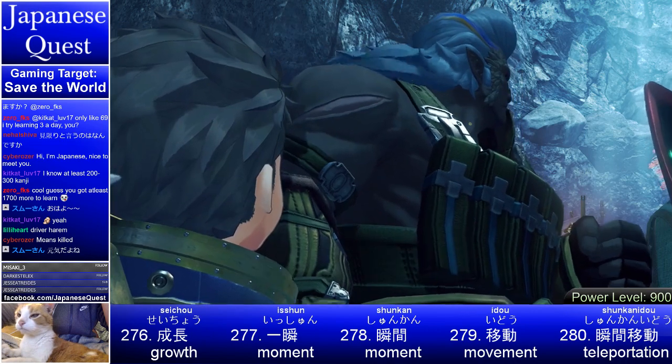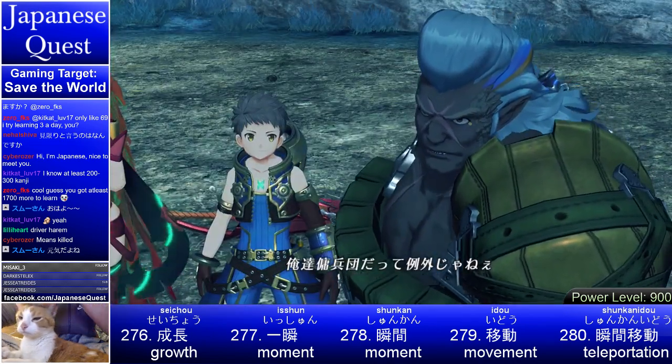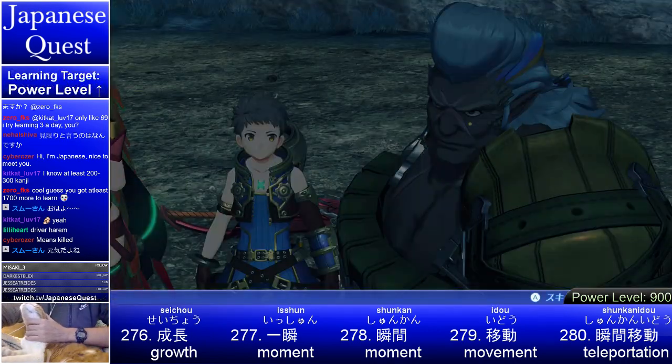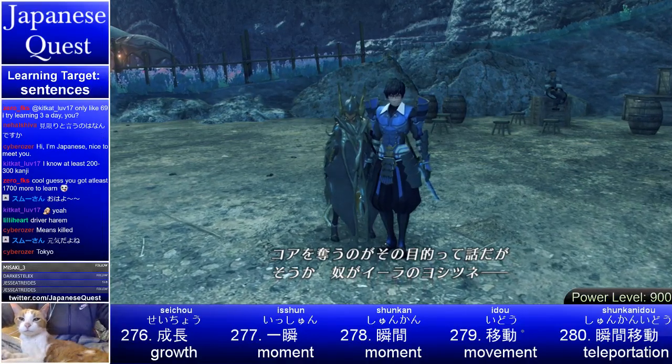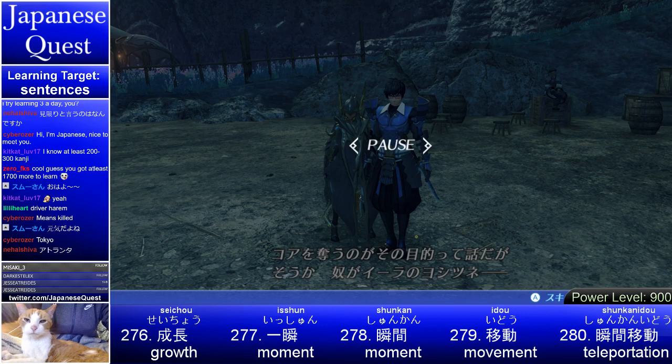奪われてきた。俺たち傭兵団だって例外じゃねえ。So us mercenaries, we're no exception. コアを奪うのがその目的って話だが。